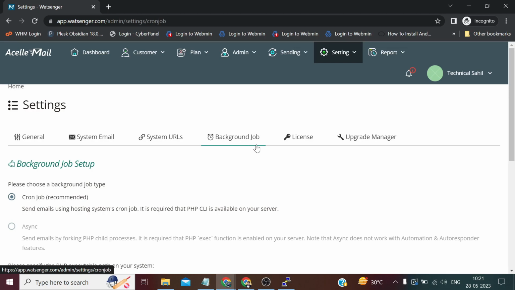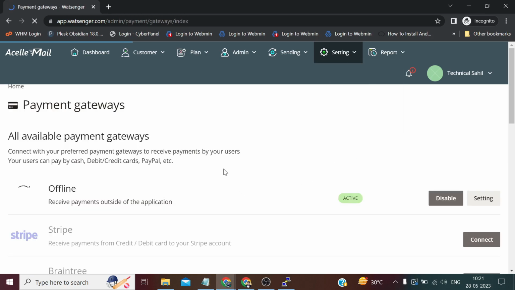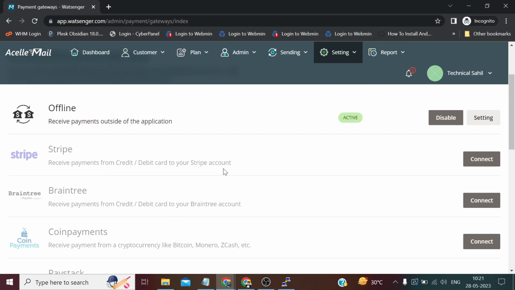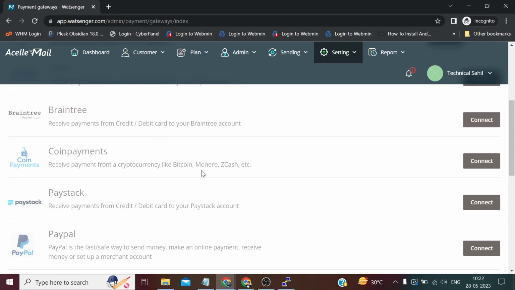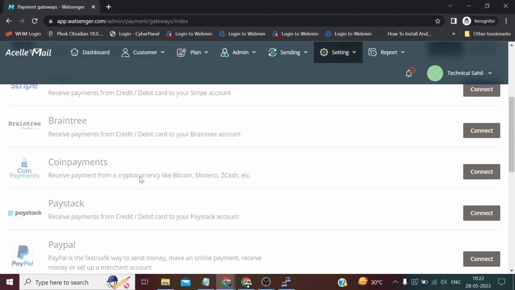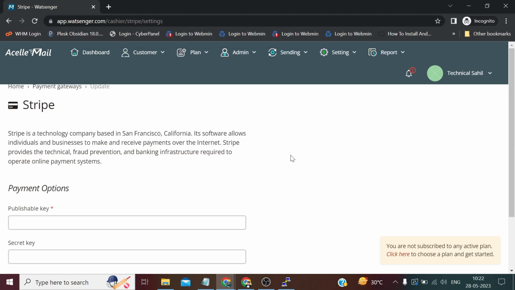Background job we have also done, license we have also done. Now the thing is template, payment gateways, this is the main thing remaining. We can enable these mentioned payment gateways like Stripe, PayPal, Razorpay, Paystack, coin payments if we want to receive payments in cryptocurrency. Right now I have only Stripe,